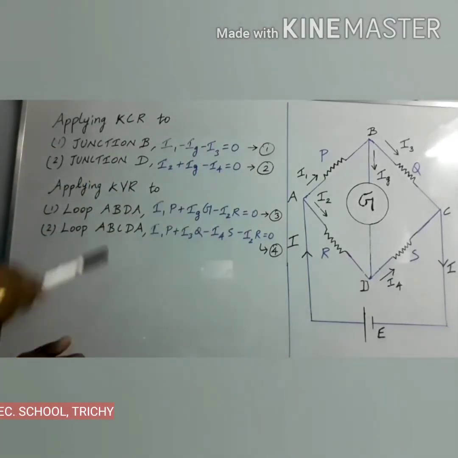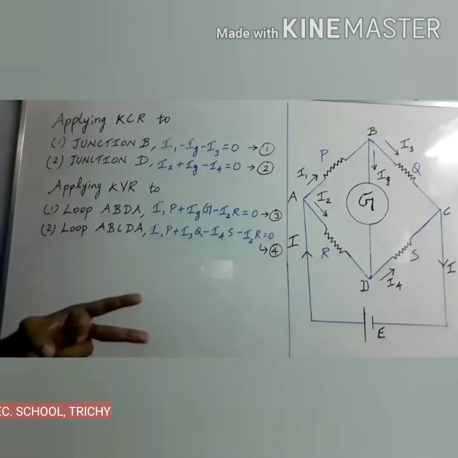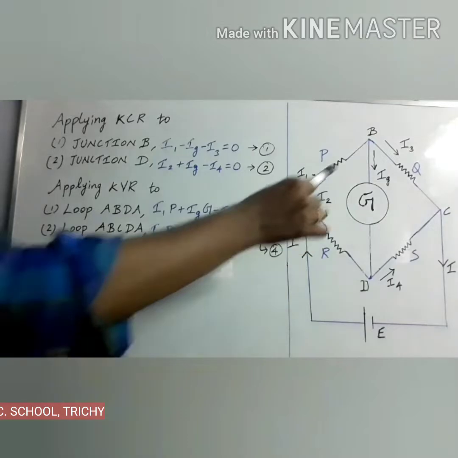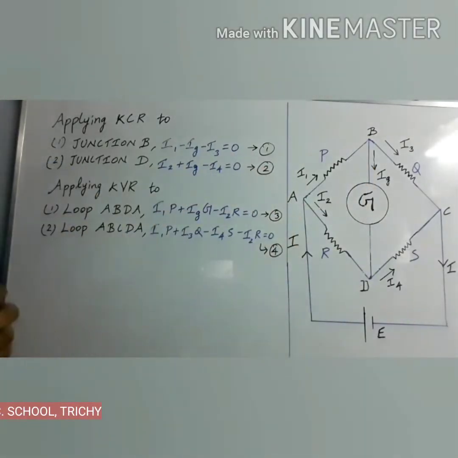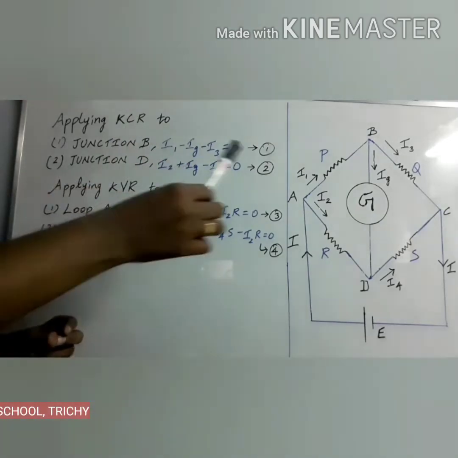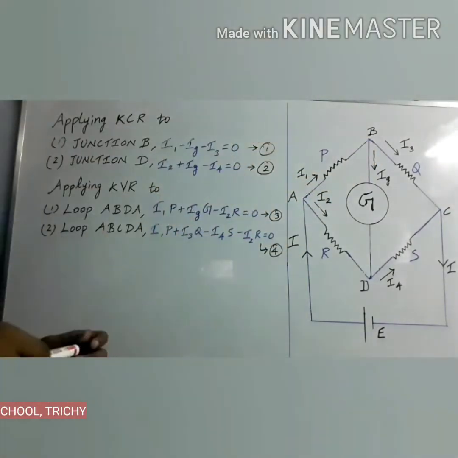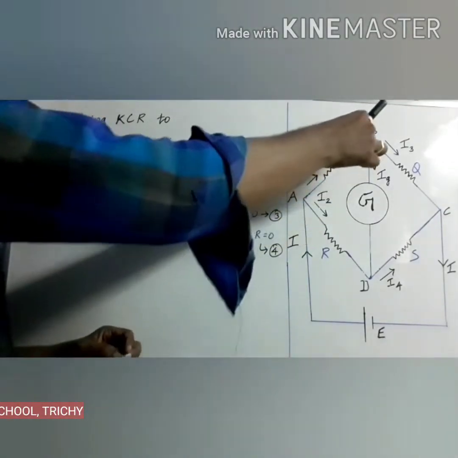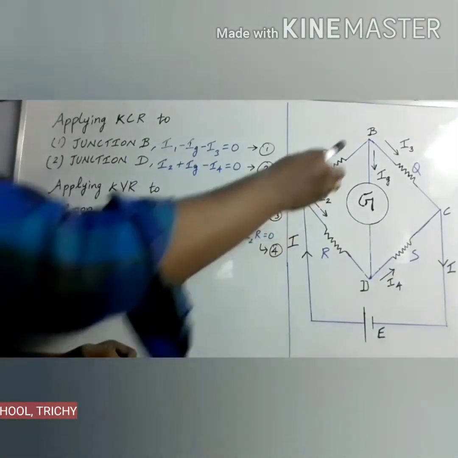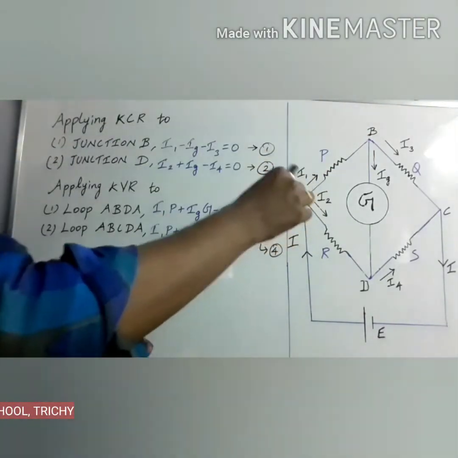Now we are going to apply Kirchhoff's voltage rule, that is Kirchhoff's second rule, in the 2 loops. First I am going to take the loop A, B, D, A. What's the statement of Kirchhoff's second rule? The algebraic sum of the product of current and resistance in each part is equal to the EMF in the closed loop. So the first part is A to B. The direction of the loop is A to B. What's the direction of current in that part? I1 is also along A to B, so it will get the positive value.